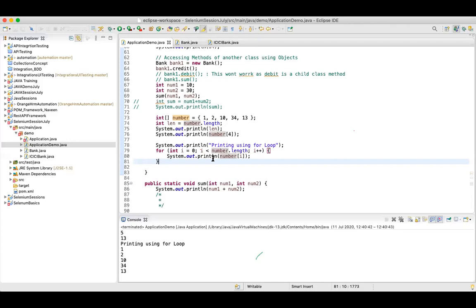This is in line with Selenium. From a developer's point of view, for example, we have Spring, we have Hibernate, so there are a lot of advanced concepts for Java as well. But this course is not aimed at that. The basics are for developers as well as for people who want to move to Selenium automation, so the basics look the same. But there are some advanced topics in Java, for example Java Hibernate, Java Spring, Java AWS, which I will not be covering because the focus is in line with Selenium automation.